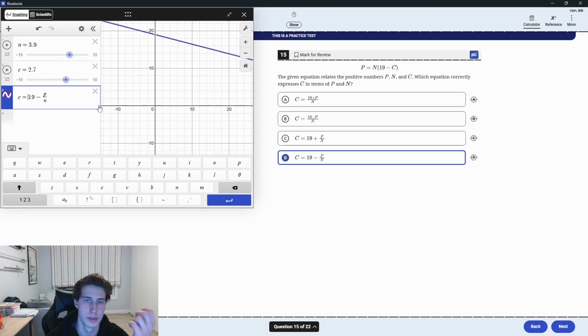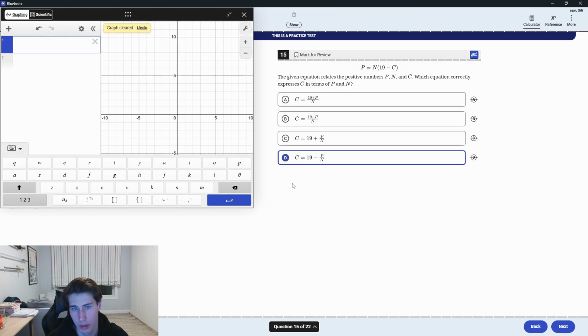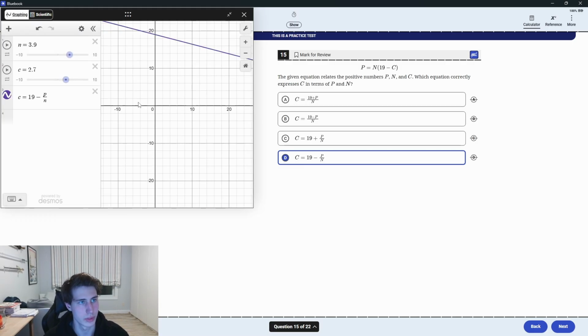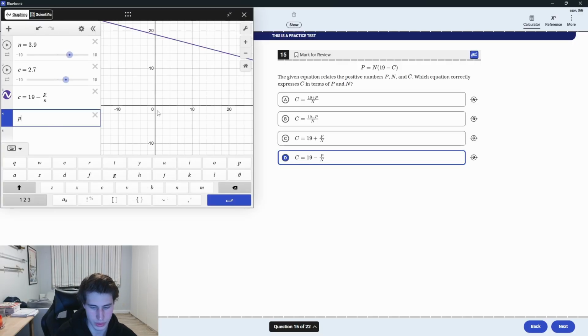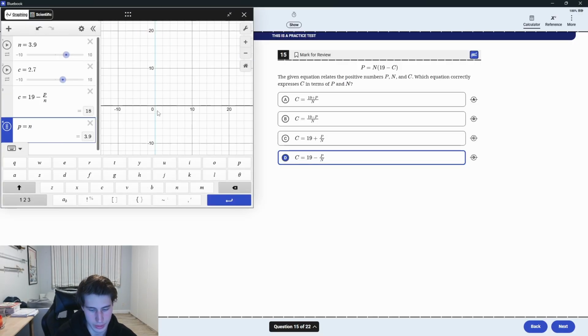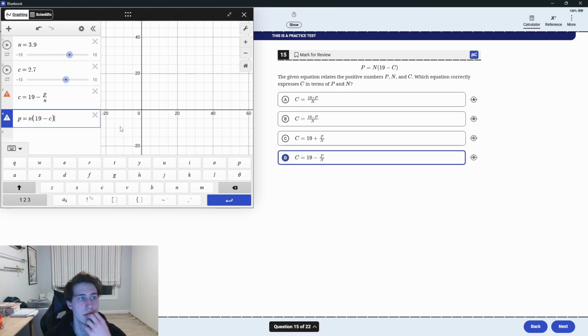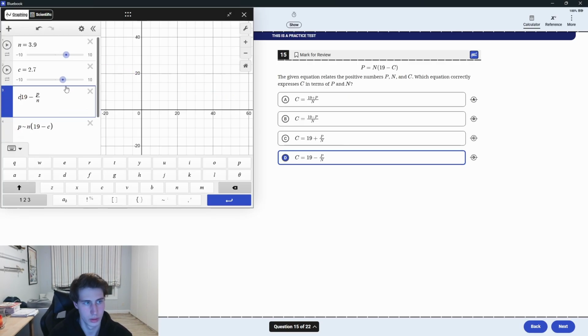Oh, okay. So in this case, Desmos wouldn't actually really work here, because Desmos is trying to set c, or well, when you put in both equations, it's thinking that you're solving for something different. So it gets confused because you're setting c equal to this and then p equal to this, and Desmos won't really understand it. With